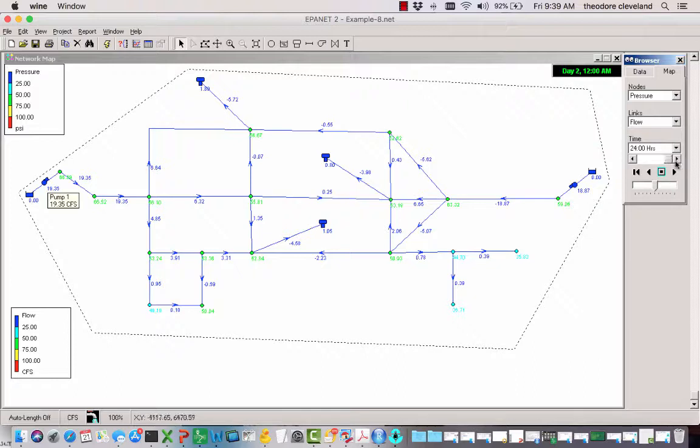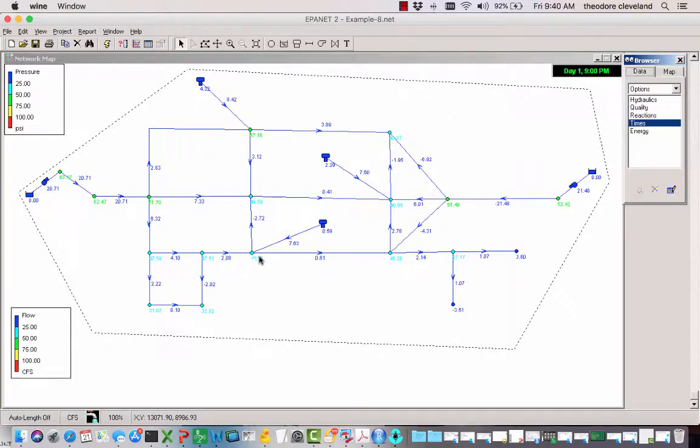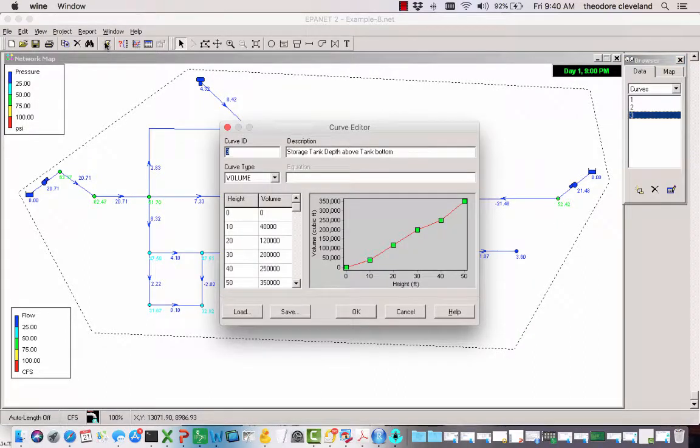So our options, we could consider boosting more water with the pumps, or we look at what's happening during our demand period. Essentially what's happening is our tanks are draining. Watch the psi in the tanks. So if the tanks had a little bit more storage in them, it might be possible to get this system to function. So again, that's why these are used as a design tool. We go to our curves. We know that curve number 3 is a storage tank,